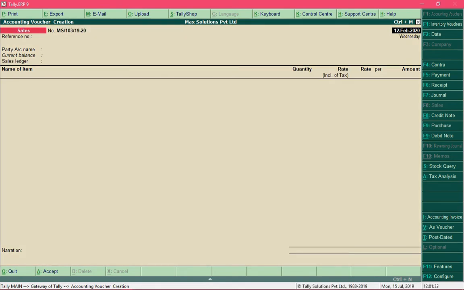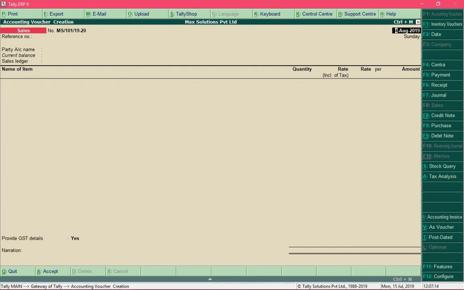Notice the sales voucher number has changed to the format which we have specified, and if I change the date to 1st of April 2020, you can see that the sales voucher is reflecting the new series, and you can see the suffix details. It is showing the financial year information as 2020 and 21, and the series is beginning with the number 101. So you can see that this is how we can modify the sales voucher number.